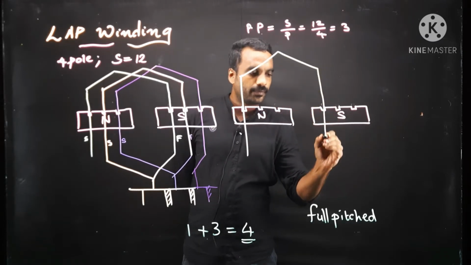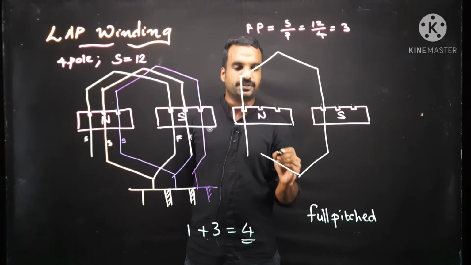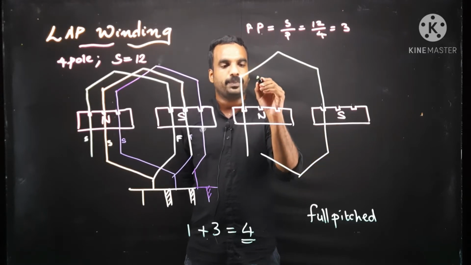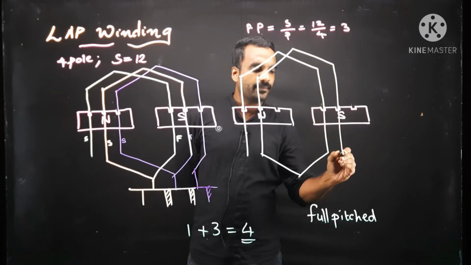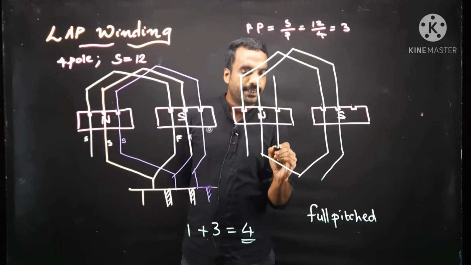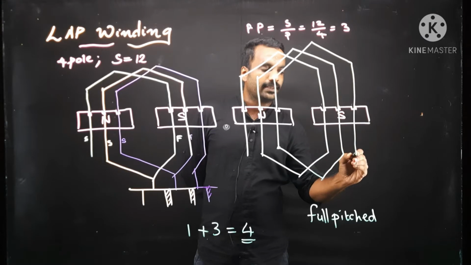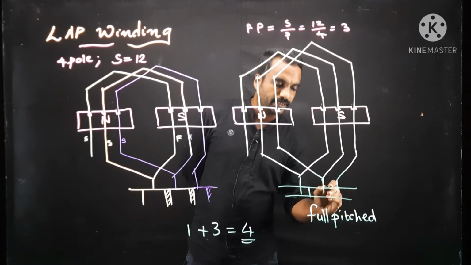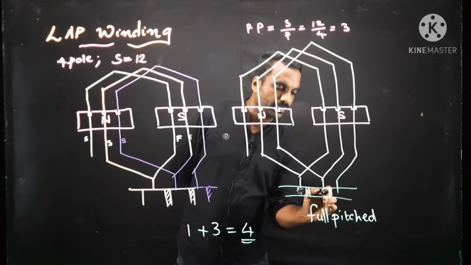Here I will draw easily because you know what is the procedure. This is first coil. Its finishing end is connected to beginning end of second coil. Second coil gets completed here. That finishing end is connected to beginning end of third coil. Third coil gets completed and so on. And we are having the commutators here. So, each segment is connected to commutator.